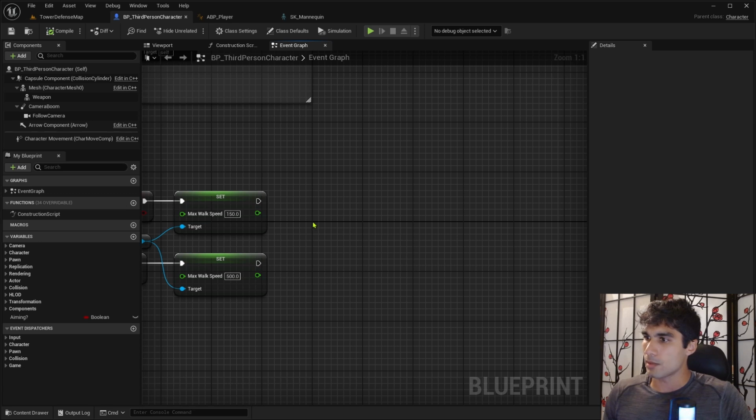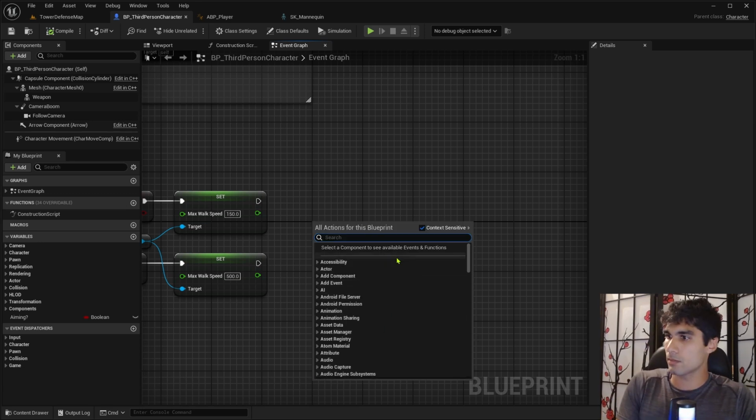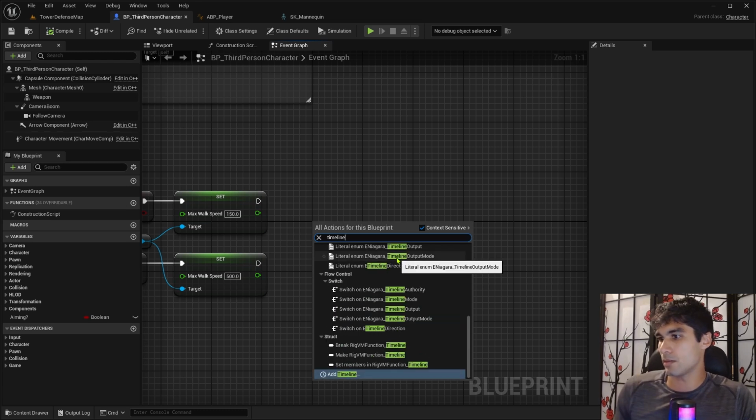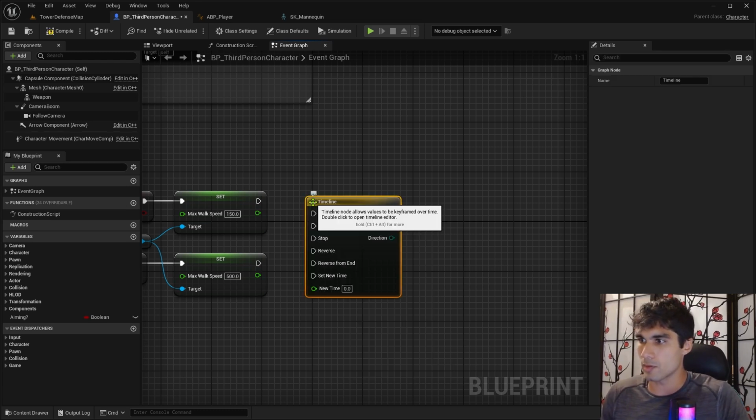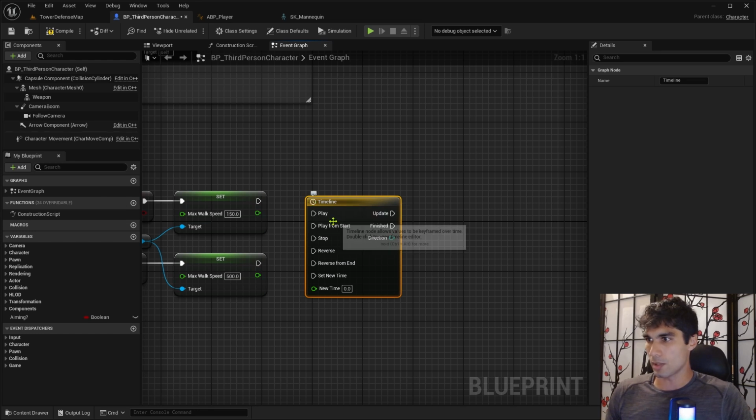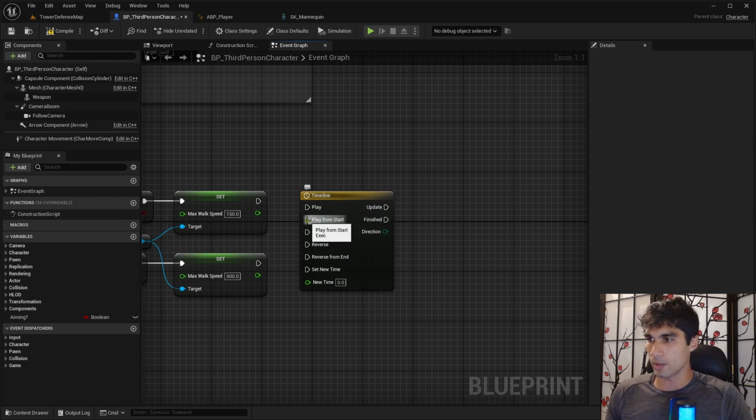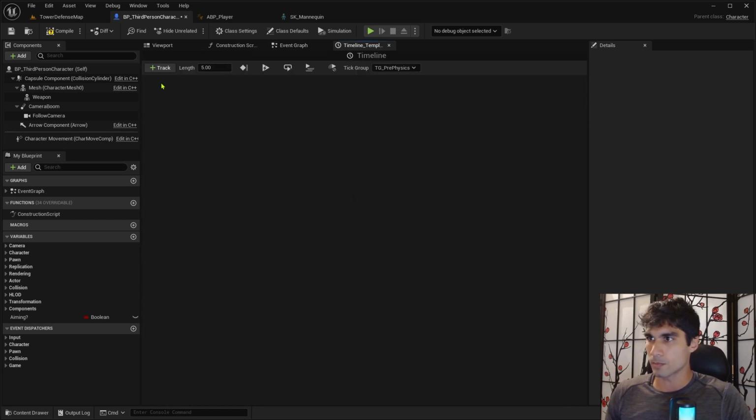Should we create a timeline? Yeah, let's create a timeline. It adds for a more smooth transition between zooming in and zooming out from the camera, because I'm going to change the camera boom for the arm length. So this can be play from start and then reverse from end. Go in here, and for aiming, you don't really want it to be a long time, so like 0.3 seconds would be good. And create a track, add a float track,